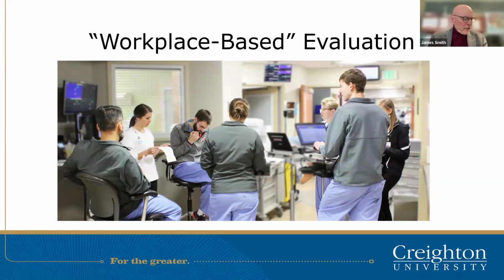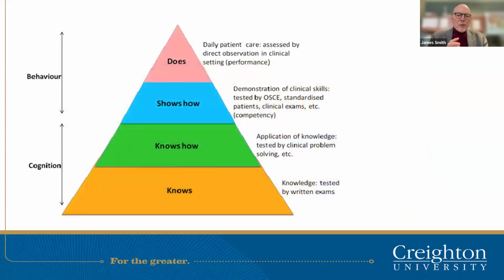So, Karli, next slide. Here's Miller's pyramid, just so that we can begin to focus on what we want to accomplish today. So at the base of the pyramid, our learners need to know a certain amount of things. Sometimes it's very small, sometimes it's a huge set of factual knowledge that they have to assimilate. And then as you work up the pyramid, it's somewhat self-evident. So knows, and then knows how, shows how, and actually does.